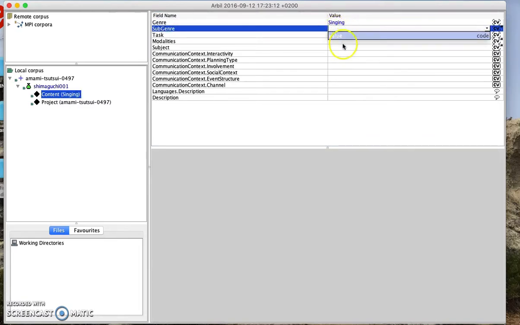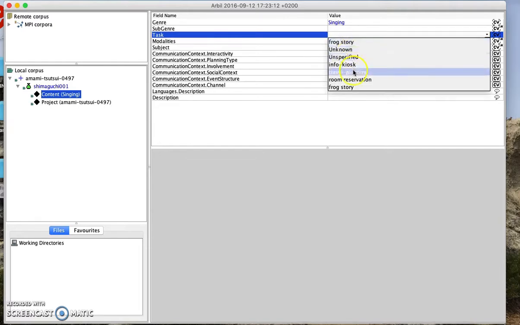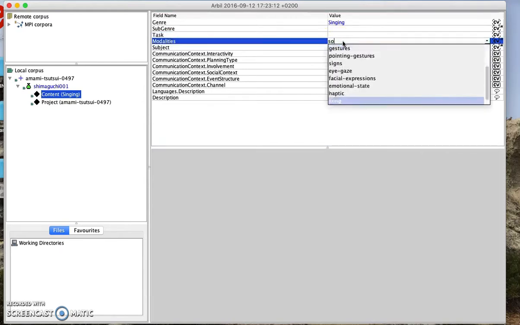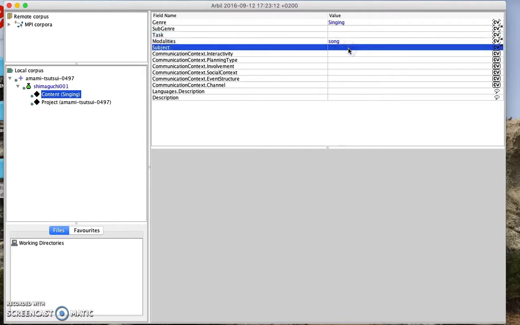You can enter a subgenre, a task if you're doing an elicitation and you have a specific task, such as the frog story or the pear story, that can be entered here. It's also a drop-down menu. The modality, the subject,